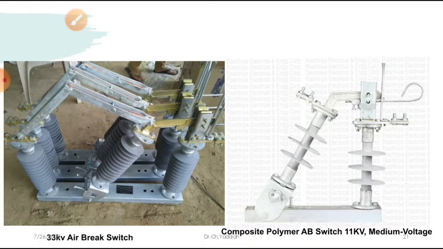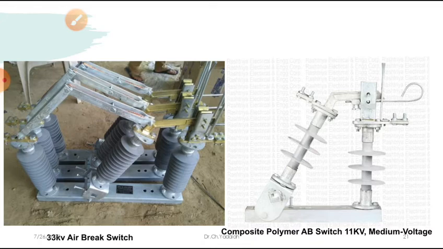Now you have some idea of how this AB switch looks in the real field. So, what are the different types of AB switches? Air brake switches are classified based on different factors, whether it is operated as a single pole, only R phase separate, Y phase separate, B phase separate, or we operate all three phases simultaneously. So another type is the gang operating air brake switch.